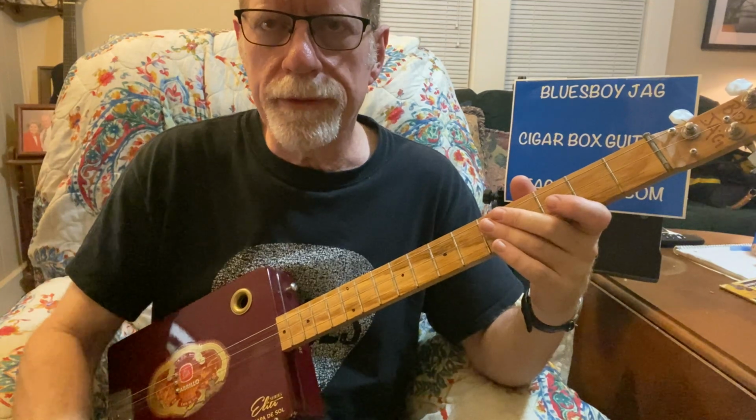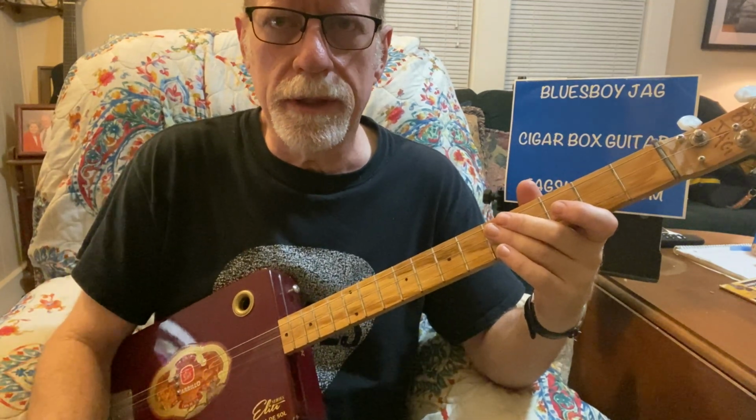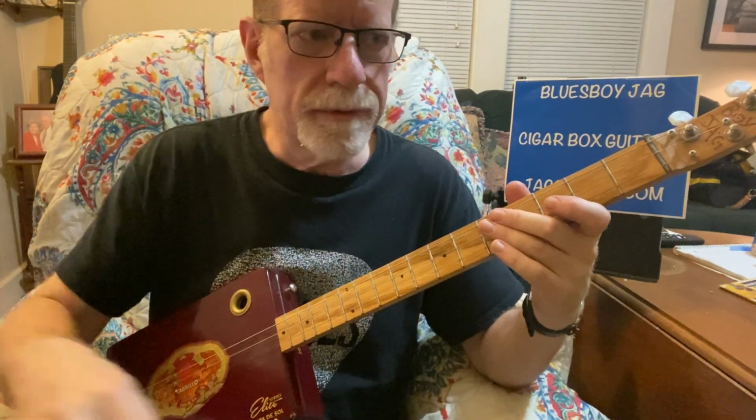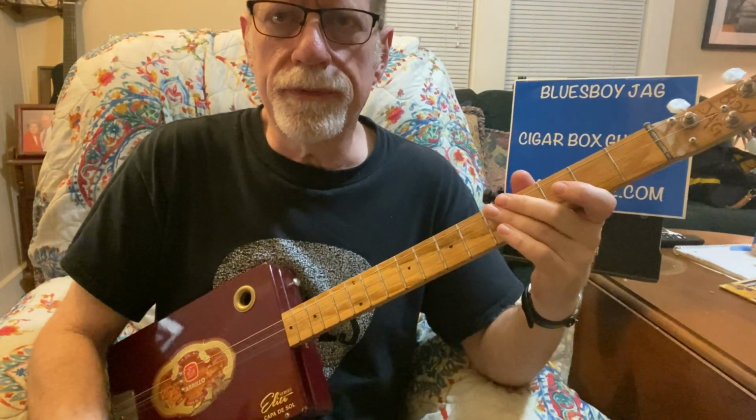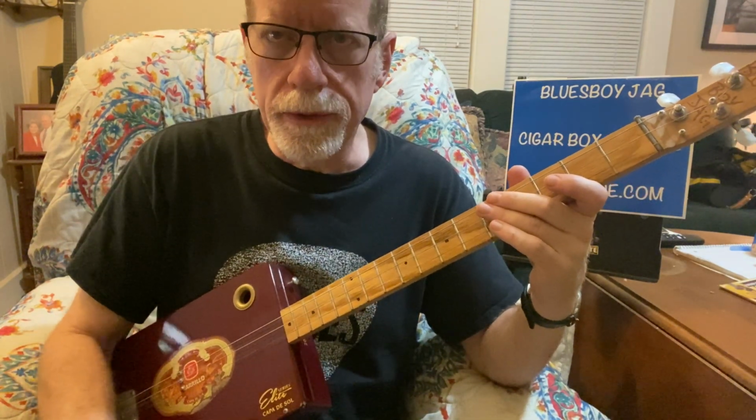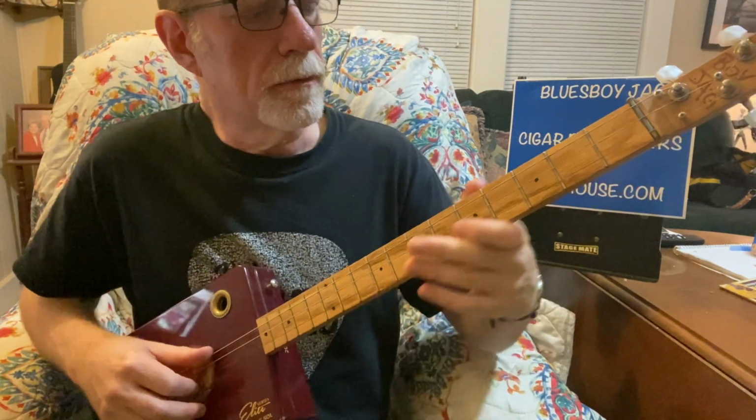Sometimes I'll stop tapping my foot here and there for a couple of seconds in a song while something else happens. Maybe the drummer does a fill or something like that. But for the most part, I'm tapping my foot the whole time, either with my heel or the front of my foot. All right, so